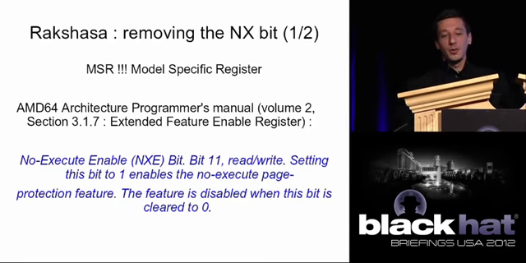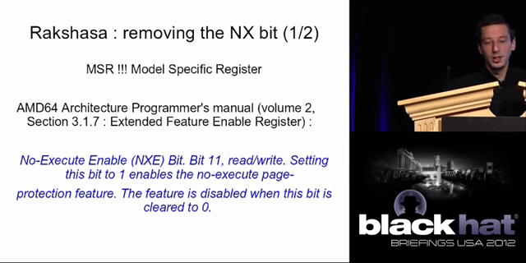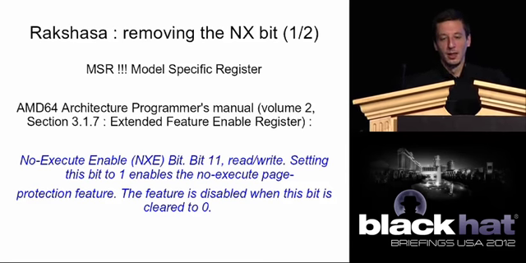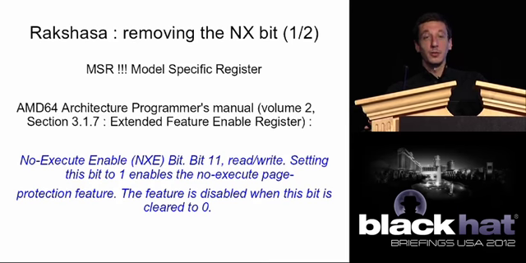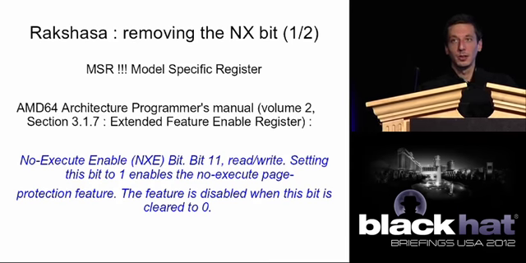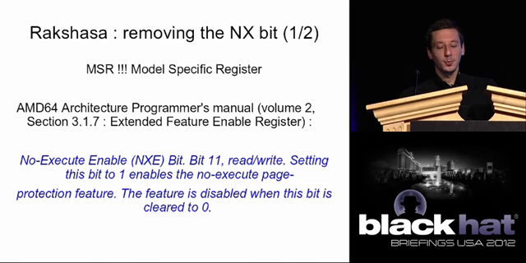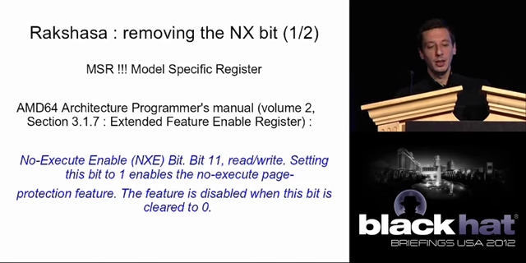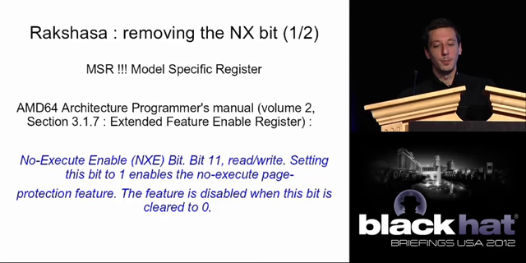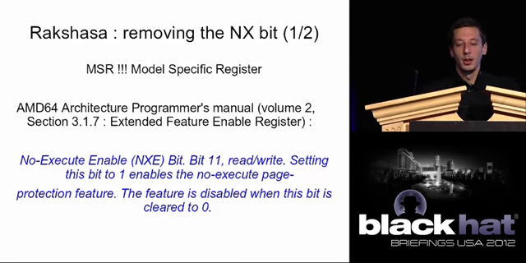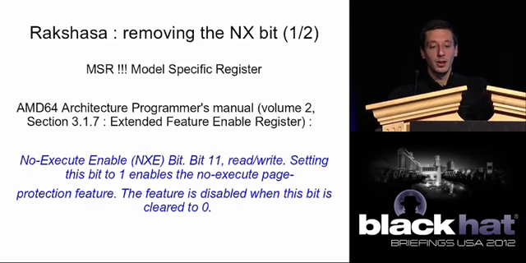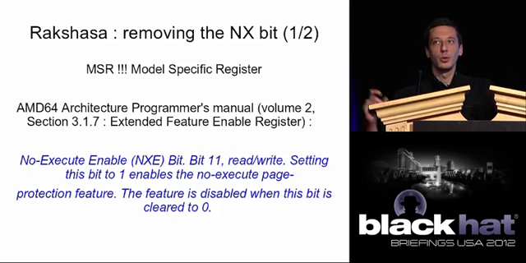Okay, so how do you remove the NX bit? This is getting a bit gory, stay with me. First off, every CPU doesn't have it. It's a model-specific register. So assuming you have the NX bit, the AMD64 manual states that there is a specific bit in the EFER register, which is also a model-specific register. And if you flip this bit, you enable or disable